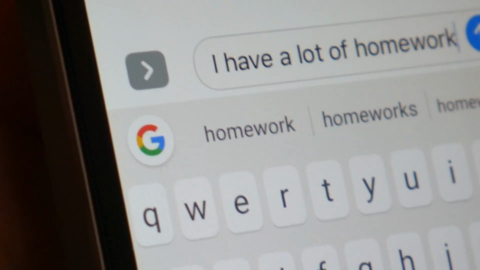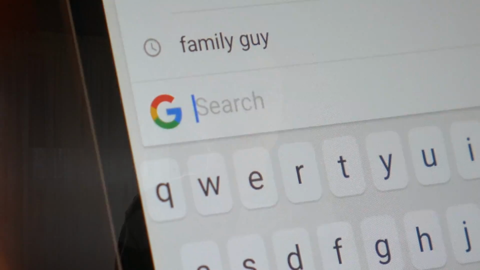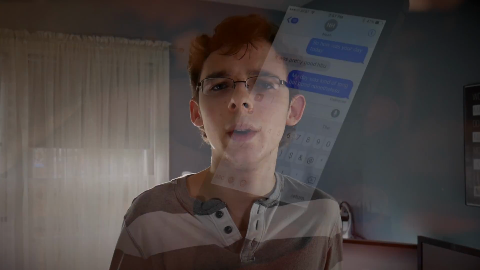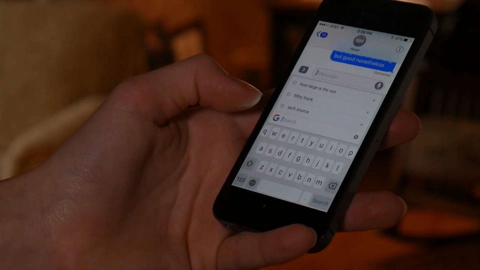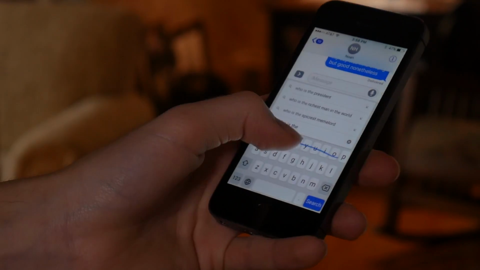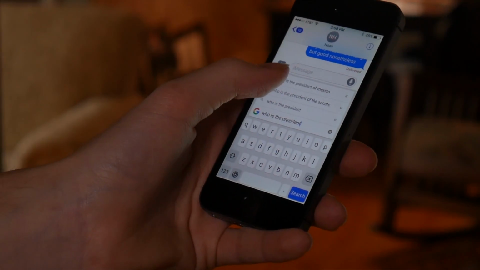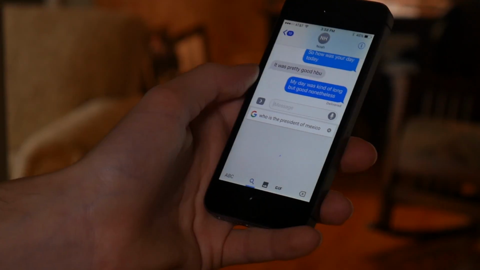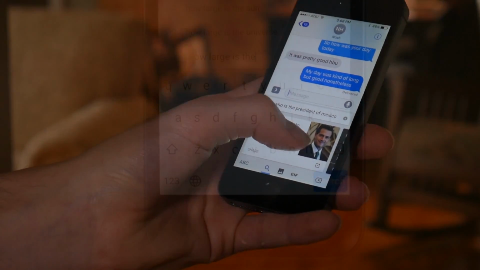Number 4, Google search is baked into this keyboard, and you know, it's kind of obvious this keyboard is made by Google, but this is not just a gimmick. It's actually a very useful little feature. You can make quick Google searches right within your keyboard. Like say you want to fact check yourself or prove someone wrong in an argument, it's right there. You're not going to be able to open up web pages, but you can get some basic information